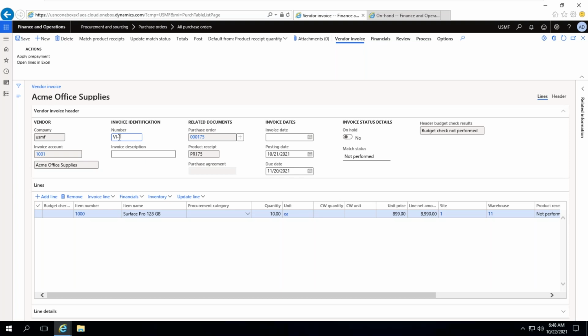Whatever invoice number you have received from the vendor, you need to enter here. And the invoice date, what is this invoice date? You will understand later on slowly. Posting date and due date, there are many things. This is a part of finance, and I will discuss it with you. Now the matching status is not performed, so you can click on update match status. Then it is passed. What is this matching process? You will understand later. There are many things you need to learn. For the sales order process and purchase order process alone, you will need a minimum of 2 weeks to understand. Okay, now it has passed.